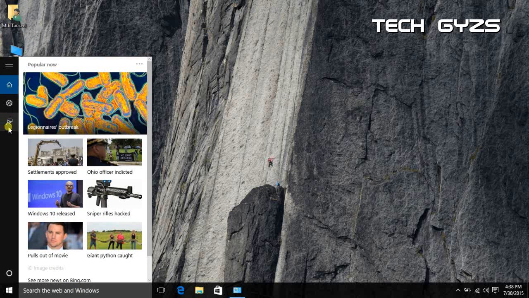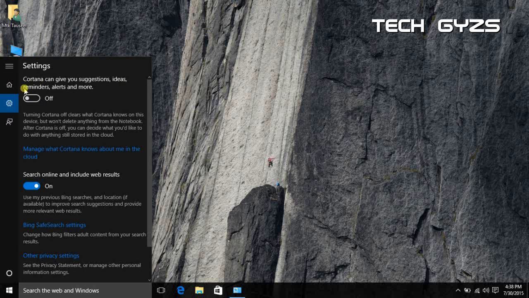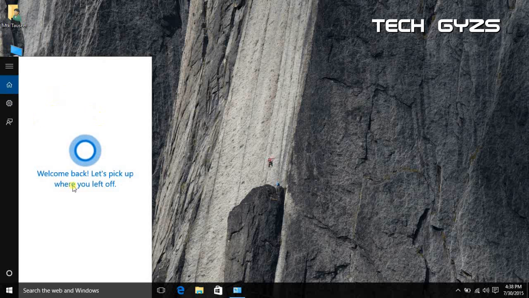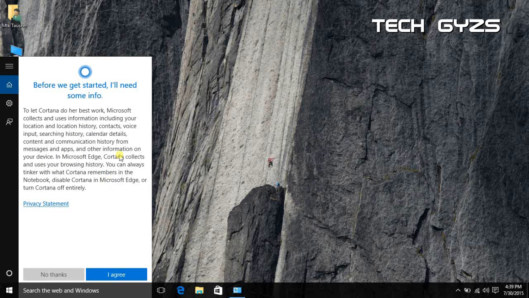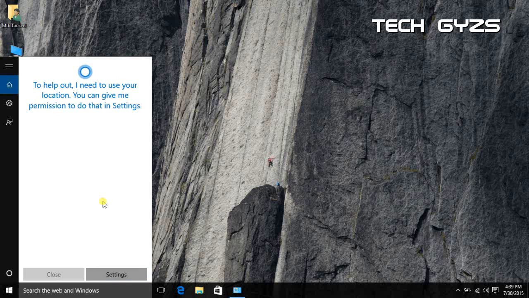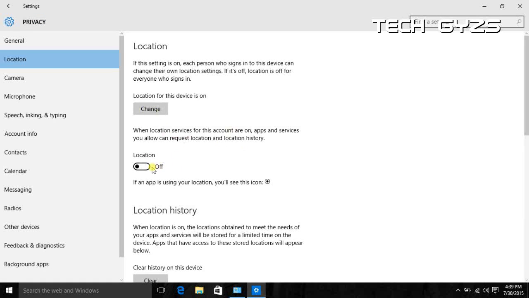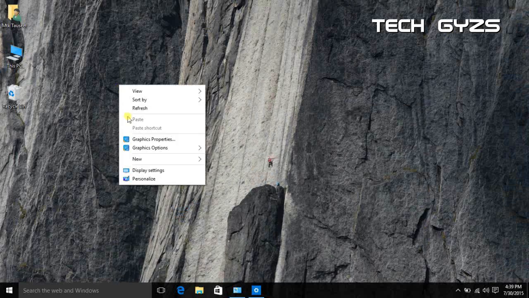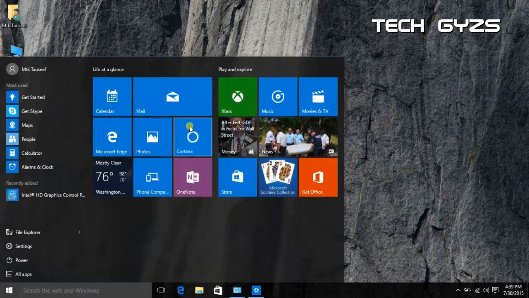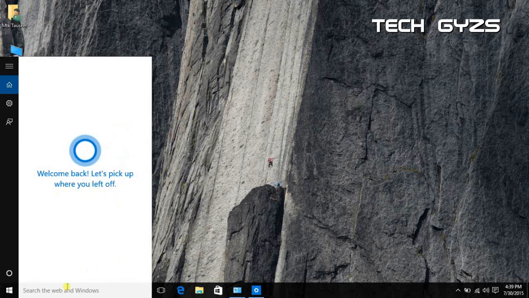As you can see, it requires permission to access your location, because Cortana can help you in a better manner. If you allow it to access your location, it will show you content based on your location. The default location is set to United States, so here's all the content from the United States settings. You can access everything. Whenever you require to search anything, just click on that bottom bar and Cortana will pop up and allow you to access. Now allow location settings.